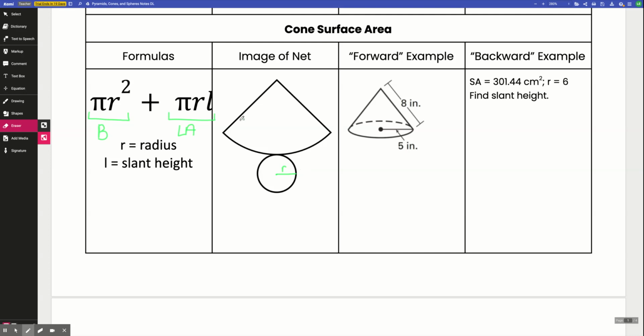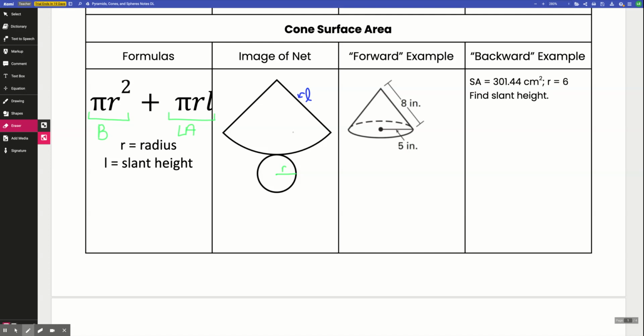Okay, and then I have my slant height, which is here. Okay, so the reason why pi r times the slant height gives us the area of this curved part of the circle,